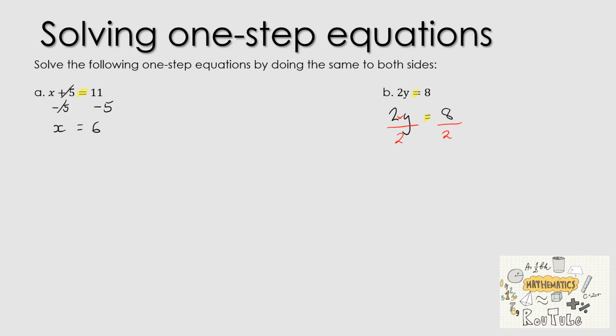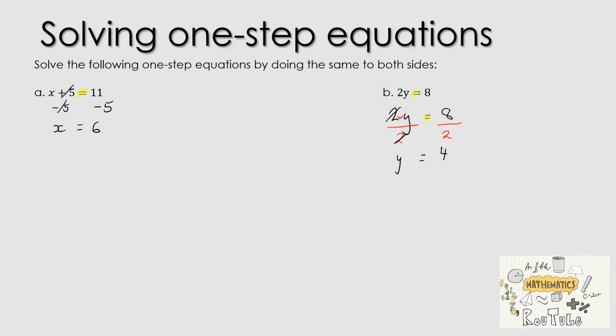Okay, so they've once again just undone one another, so we can just cancel out the 2 on the top and the 2 on the bottom, because 2 divided by 2 just gives you 1. So now on the left-hand side of the equation, all we're left with is y, and on the right-hand side of the equation, you're left with 8 divided by 2. So 8 has how many 2's? Should be 4. And hopefully that was the answer that you all got, or you were all thinking when you